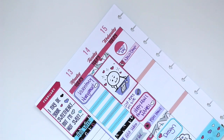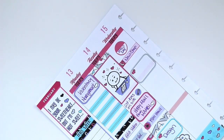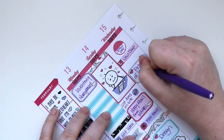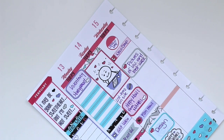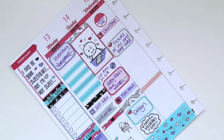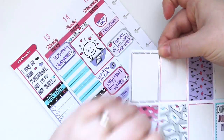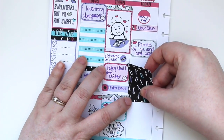So yes, at the top of that Wednesday, I have the snow day, and I needed to make contact with a new shop that I wanted to partner with for Trilia. They'll be coming up in an upcoming parcel. And that half box is about how I needed to do pictures of the new inventory list that I wanted to add to Instagram, and of my last full week. And yes, I was doing my last week on the Wednesday, but it comes as it comes. And then you just saw me write down what I was cleaning,